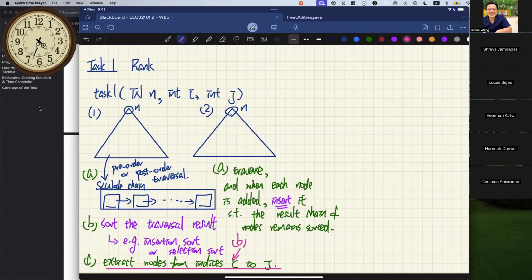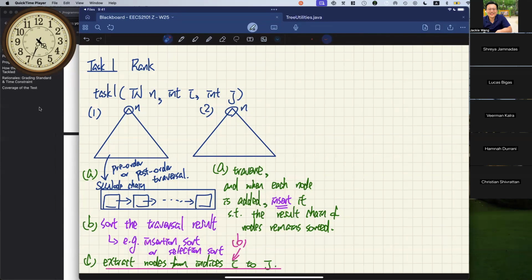So whether you go for approach number 1 or approach number 2 is completely up to you. I would tend to argue that approach number 2 might be easier in the sense that getting the insertion helper method to work might be easier than getting the insertion sort or selection sort to work, if you compare the two, right? But of course you might find that approach 1 is a little bit easier, which is completely fine.